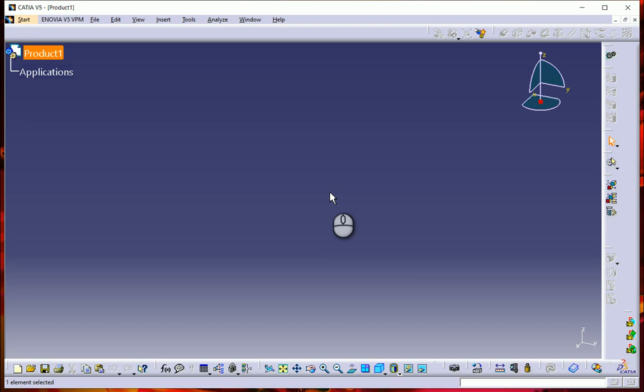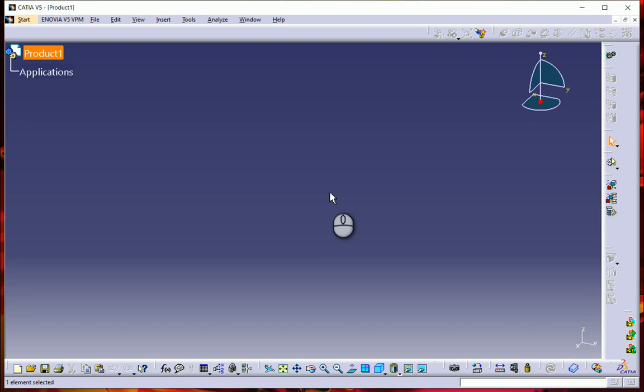Now if you look at the CATIA software, you'll see that it's written CATIA V5 R16 or R17 or R20 or R24, right? So what exactly does it mean? See, CATIA is the abbreviation of computer aided three-dimensional interactive application, as I've already told you. Now V5 stands for version, right? So the version that is being used these days is version 5, right? And R stands for the revisions which have been made.